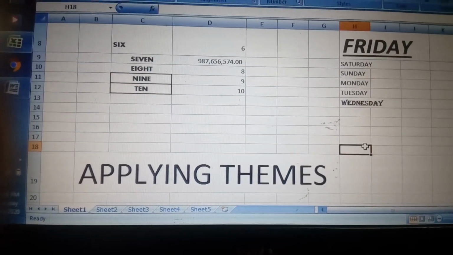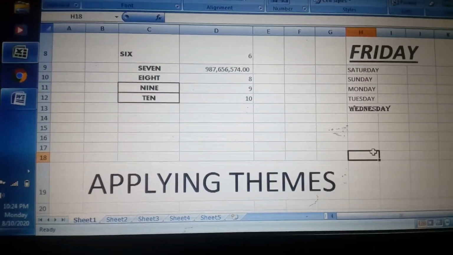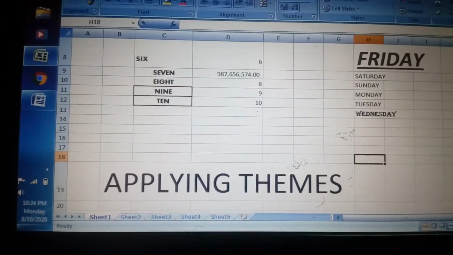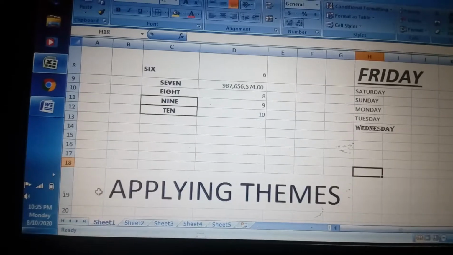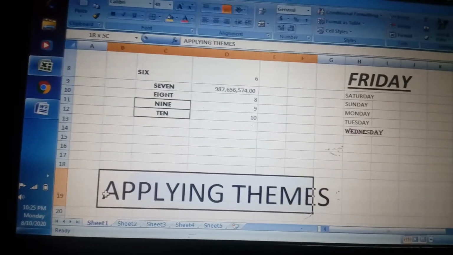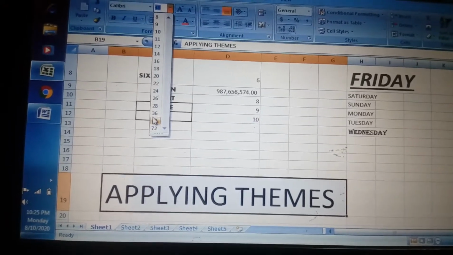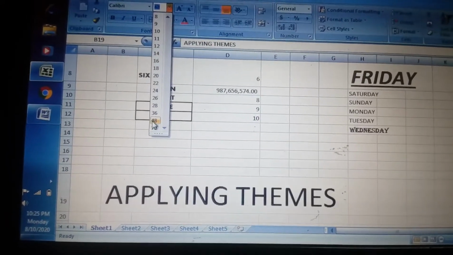Today I want to show you how to apply themes in an MS Excel worksheet. See, I have written "applying themes." First of all, the selection, it's selected now. Come to the size, see the size changing.